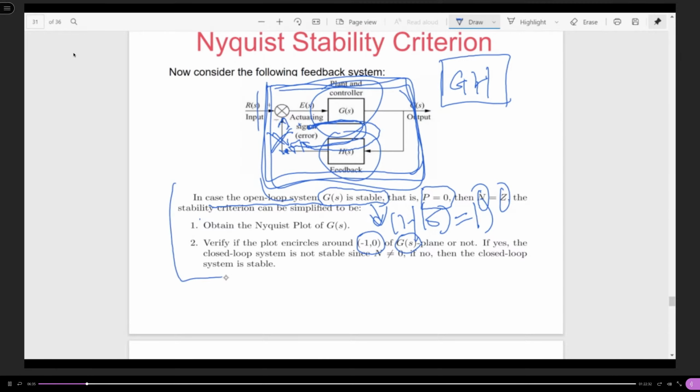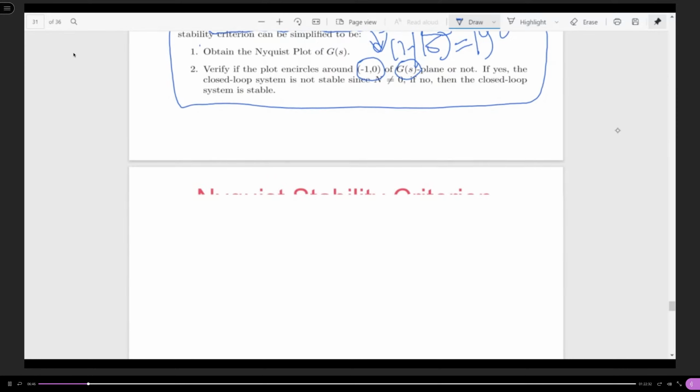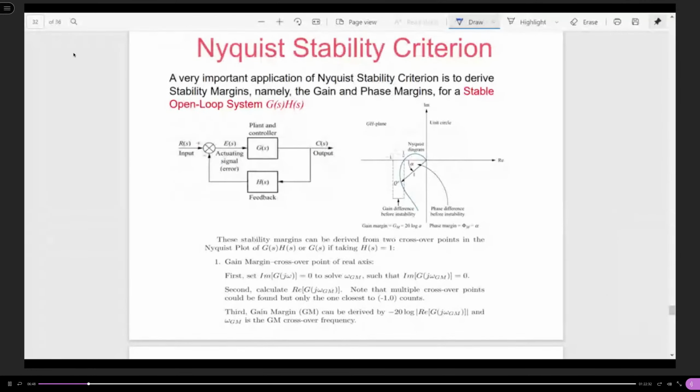And also, this simplified Nyquist stability criterion can introduce another very important concept, which is the stability margin. Because right now we can simply check if the Nyquist plot is going to encircle this -1,0 point or not. So one good question is, if we try to modify the G of S Nyquist plot,